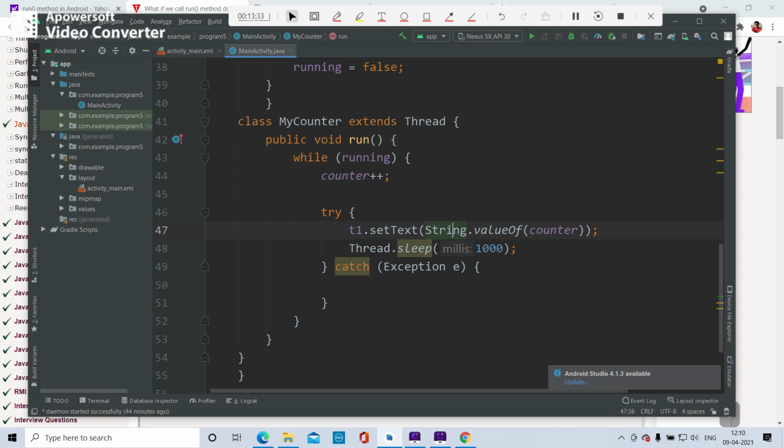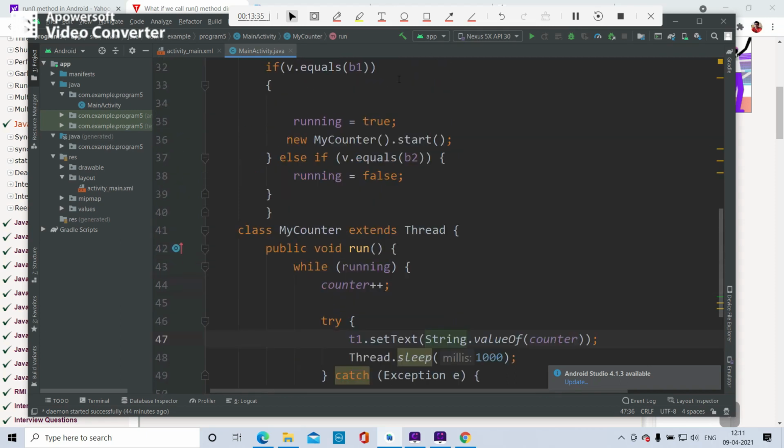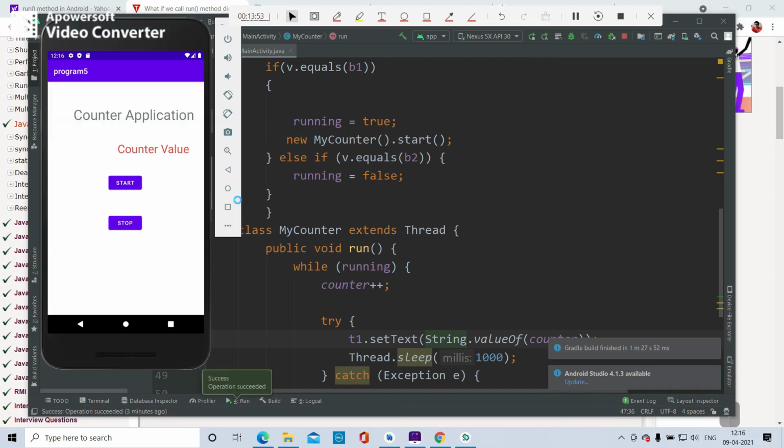And if we try to run this program, we need to run it by clicking on run app, and we need to wait till it loads the emulator. The emulator is displaying with the interface. There is a start button. If we click on the start button, the counter starts to increment.